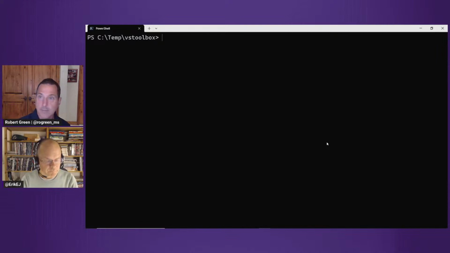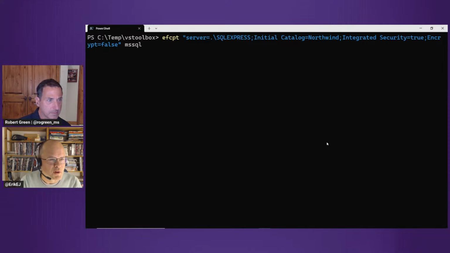So in order to do that, you install a .NET global tool called ErikEJ something Power Tools CLI. I can't remember exactly, but you will end up having a command line called efcpt. Sorry, this is probably just the terminal being clever, but it looks a little bit like I'm on Copilot here as well. It will require you to enter a connection string, an ADO.NET connection string to your database,